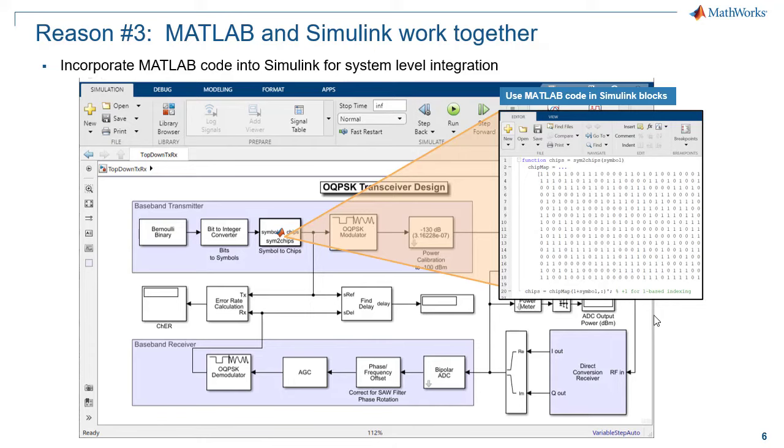And if you've done the same with C or C++, you can use another API to integrate that code into your Simulink models as well. And what if you're running dozens or hundreds of tests and you need to run multiple models unattended? You can control which models run when with just a bit of MATLAB scripting code.